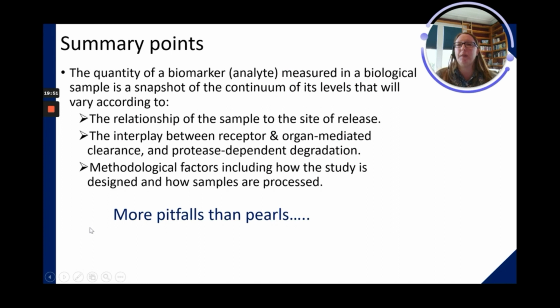So in summary, the quantity of a biomarker or analyte measured in a biological sample is a snapshot of the continuum of its levels that will vary according to the relationship of the sample to the site of release, the interplay between receptor and organ-mediated clearance and protease-dependent degradation, and methodological factors including how the study is designed and how samples are processed. So overall, I would say for things like CGRP or say PACAP, there are currently more pitfalls